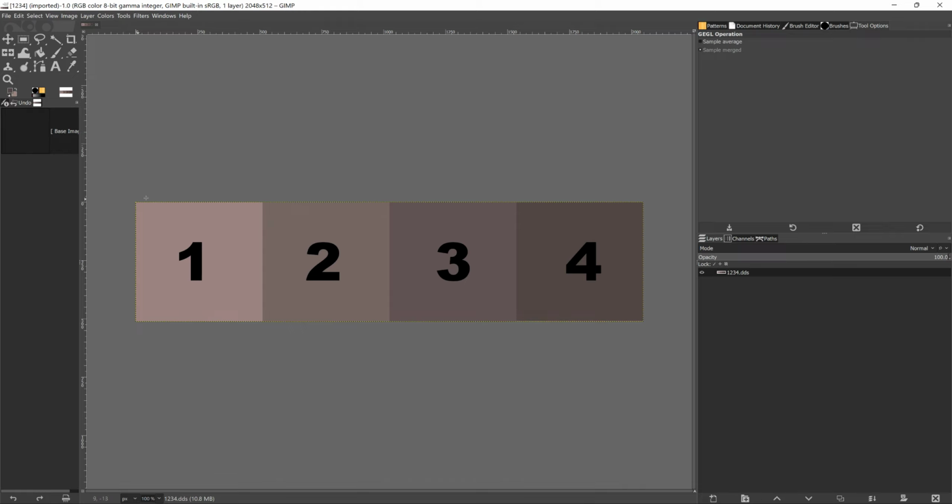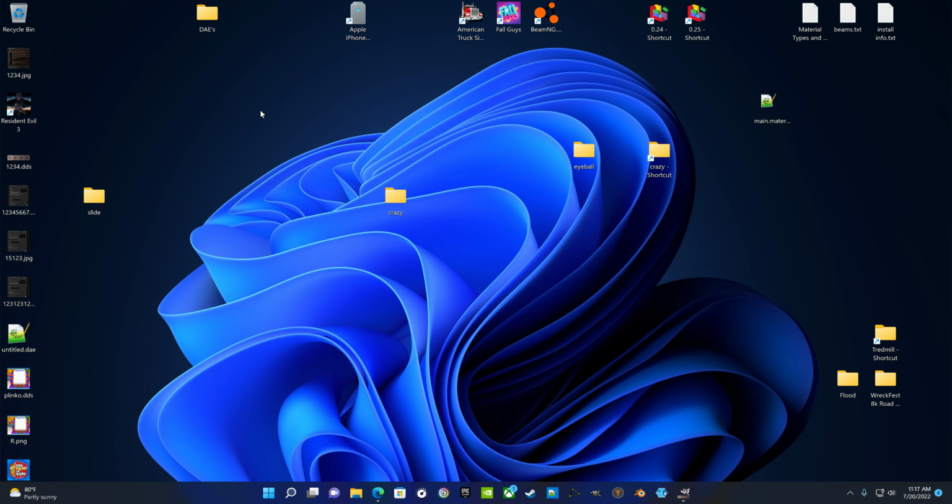Now I exported this as a DDS file, but you can also export it as a PNG file. I would think you could also export it as a JPEG if you don't mind aliasing and stuff, but I try to use DDSs when possible because they're better performance than JPEGs and PNGs, just for the fact they don't have to be processed by the CPU. They go straight to the GPU. Well, in BeamNG they do. I'm not sure about other programs, but let's load up